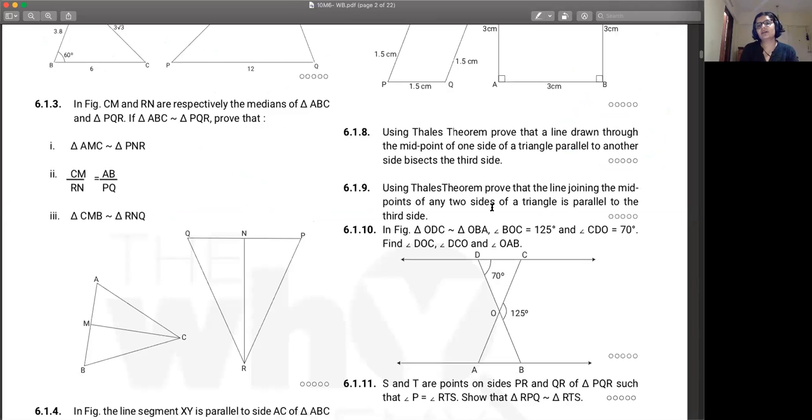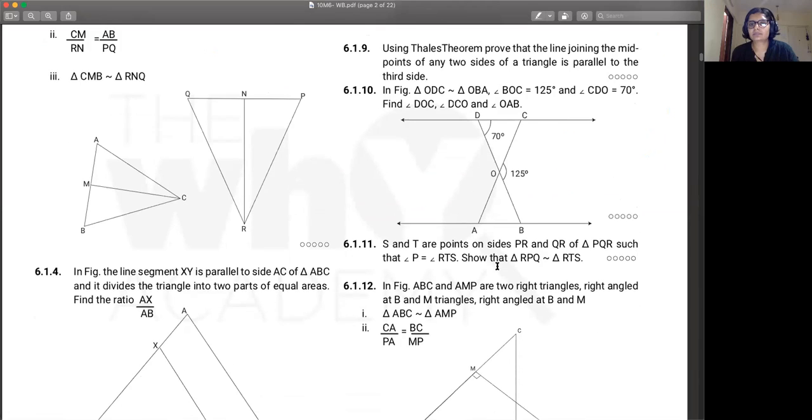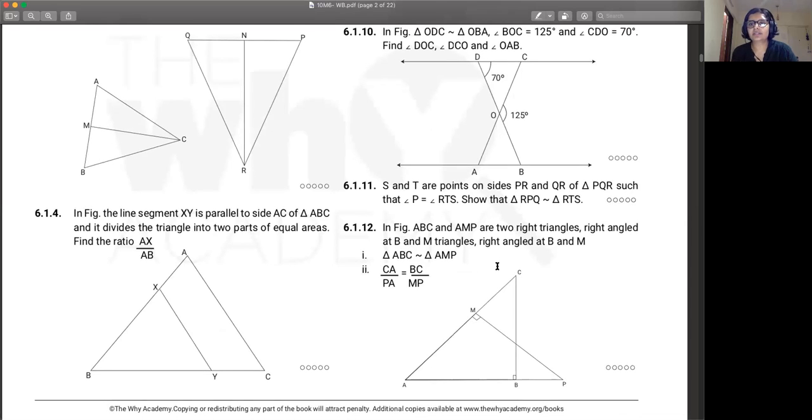Will you guys do level 1 questions today? Like, all of them will be direct application. If we look at 6.1.10, you're already given that these two triangles are similar. Now you just have to find all the other angles. Will you guys be able to do it? Yes ma'am, we can do it as homework, and ma'am, if you have to send it on the group or any link. Send it on the group, then it will directly be visible who did it and who didn't. So Ma'am, how will we do the 10th question?